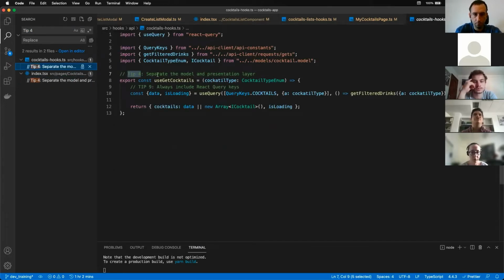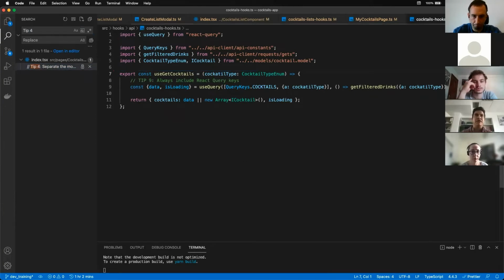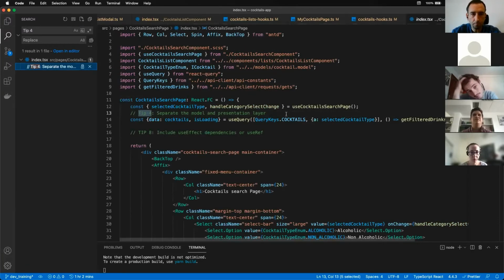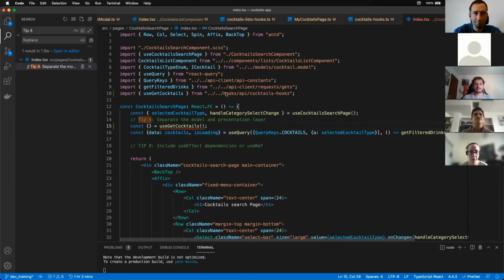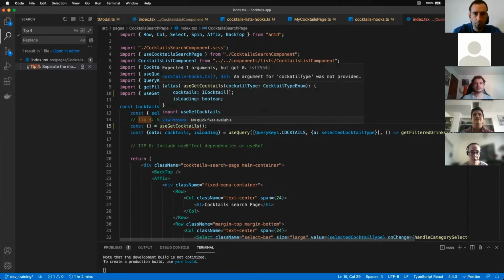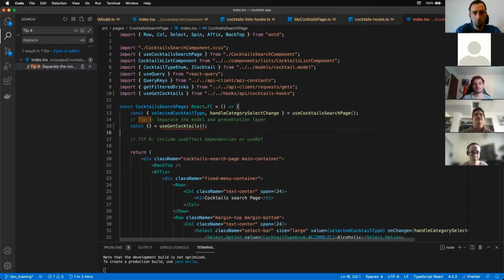So it's always good to have custom hooks, the same as for the state, but for the API part, to access the model layer directly. For example, I have this encapsulated logic here, and I just access it as easily as using the hook, like we have done before in a lot of places. So I just import this,